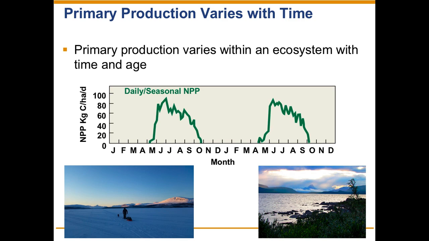This is an example. This is one of the systems that I used to work on back in the day. It's Lake Kilpisjärvi, way up in the north of Finland. And this is us, well, it's not me, but it could have been me, traversing that lake in the depths of winter. And that's the same lake in the middle of summer. Two very, very different environments. All the pelagic productivity, all the autotrophic production, occurs during that brief window of a couple of months in the summer.